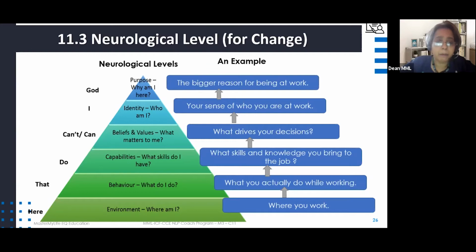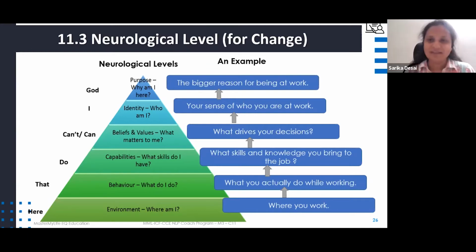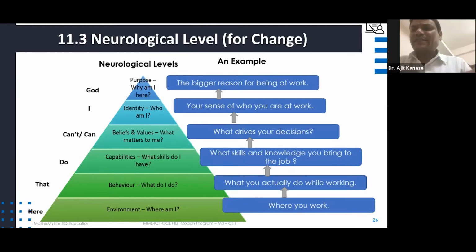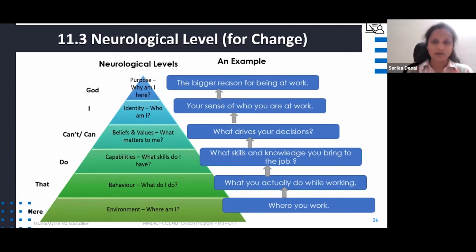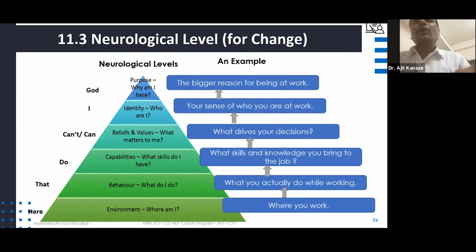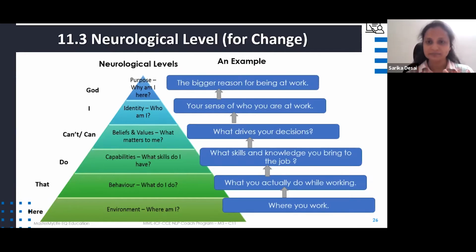Okay, Sarika, pick it up. So, Dr. Ajit, you work in a school or college as well? I'm working in an engineering college. Okay, so you have a feeling that even if you give proper instructions to your members, they are not doing what you are expecting them to do. Yes, ideally not all, but I expect that all of them should do as per expected standard. But I find that few are not doing.